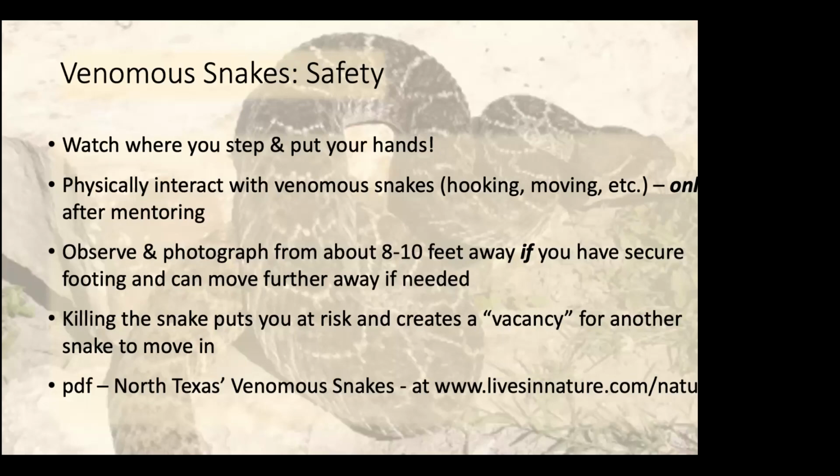Now, 8 to 10 feet is a general guideline. I don't want you to say, okay, well, I think it's 8. And, like, I don't want you to get too close. But what I want you to know is that since the snakes won't chase you, if you're a decent distance away, you can take a photo or watch if you have secure footing and if you can move further away if needed. Because sometimes the snake takes off where it thinks shelter is,